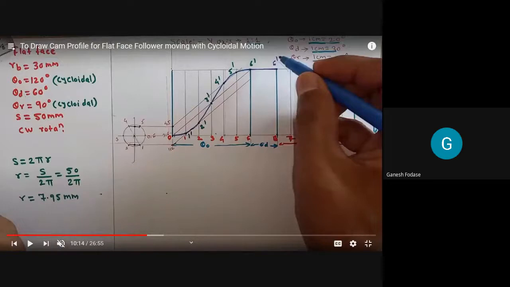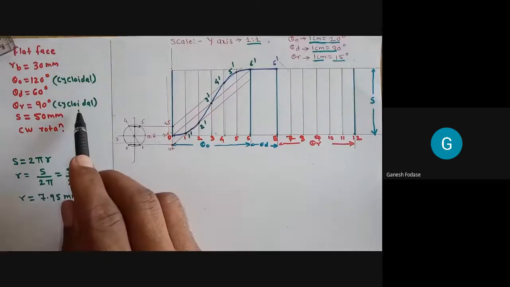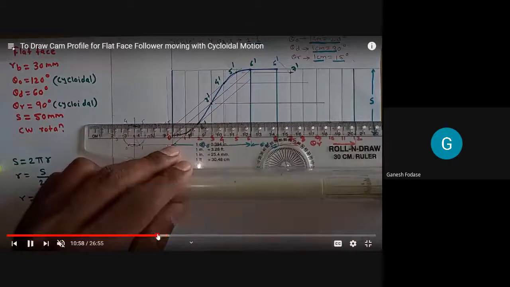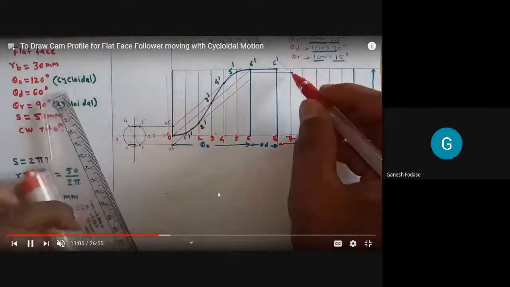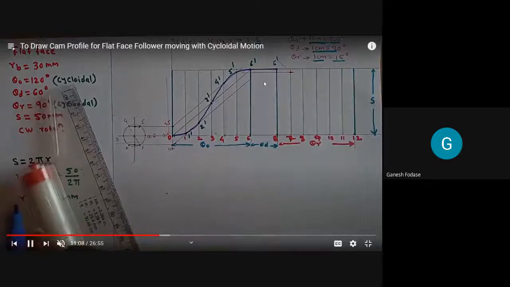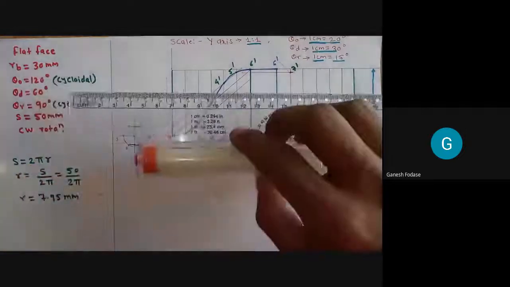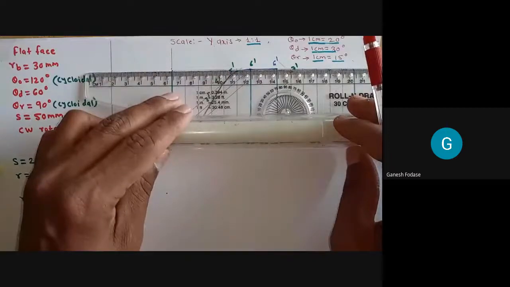So transfer these points from rise stroke to return stroke by projecting these points on the corresponding vertical projections. Okay. So we can see how like this we can take projections. So 5 dash, up to projection through 7. Okay, vertical projection through 7. So here we get 7 dash. Likewise, we'll get different points like 4 dash. When I project this 4 dash, you know the corresponding point is...